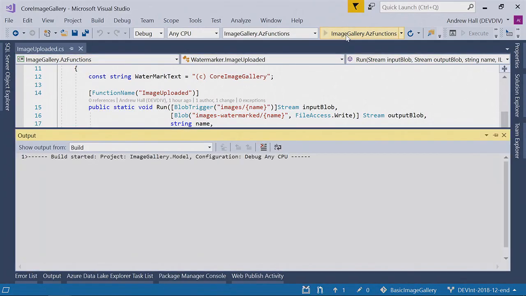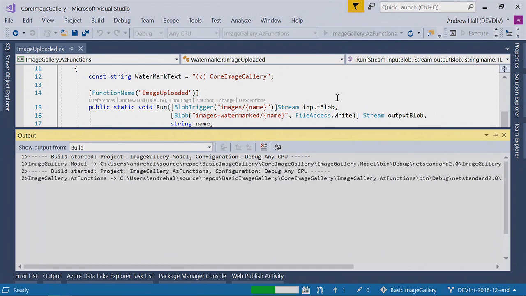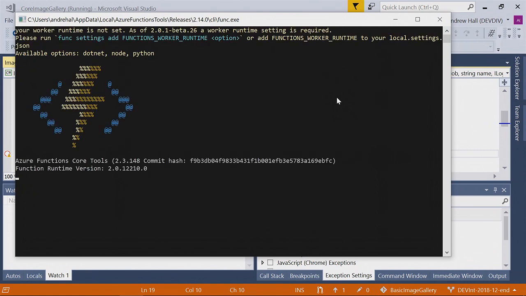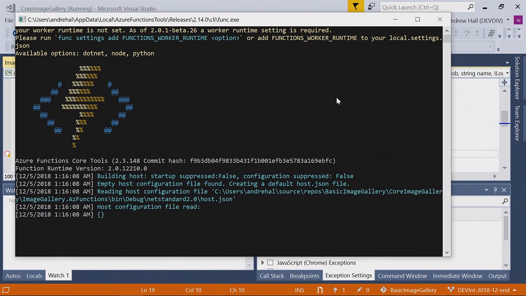There's no code in my application at all about reading or writing from storage. The Functions runtime is going to take care of that on my behalf. That's cool. So I'm going to hit F5 to start debugging this application. I'm running this on my local machine because in Visual Studio we have a full local copy of the Azure Functions runtime, the same thing that's going to run up in the cloud. Right, you get rich debugging, just the tight inner loop that you've come to expect from Visual Studio and .NET.